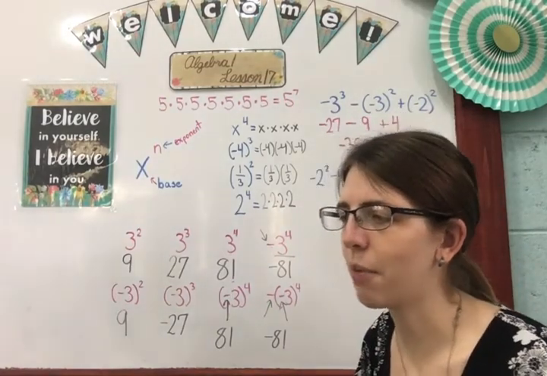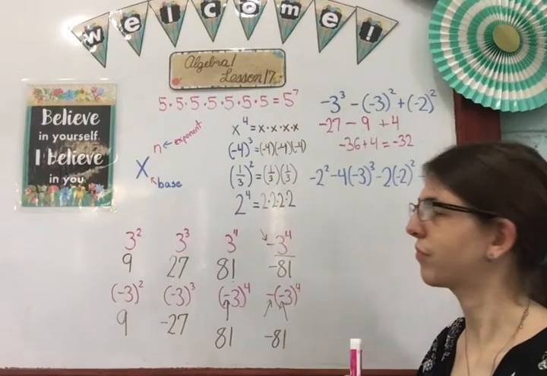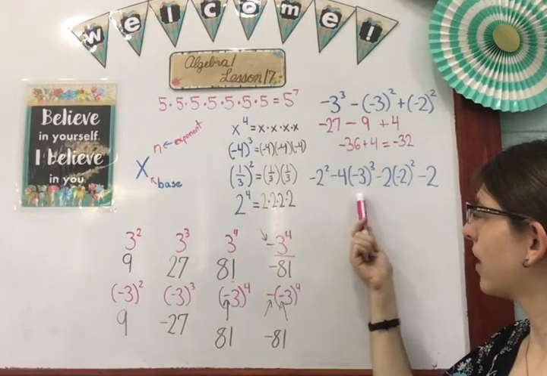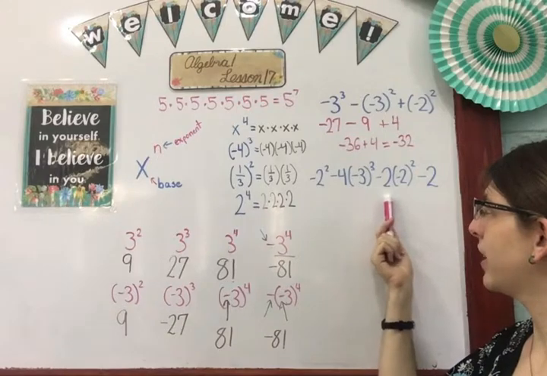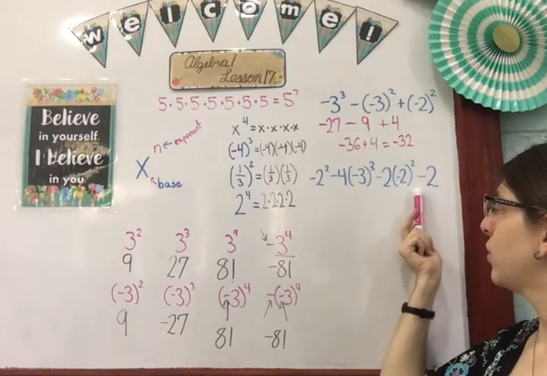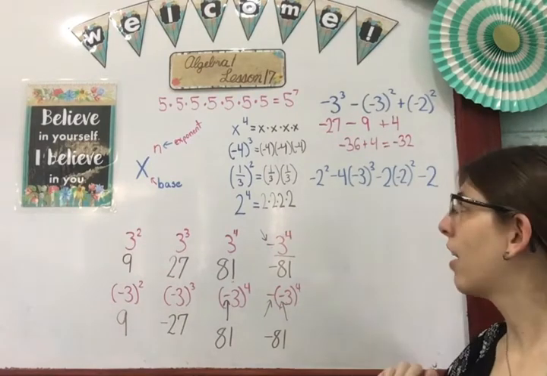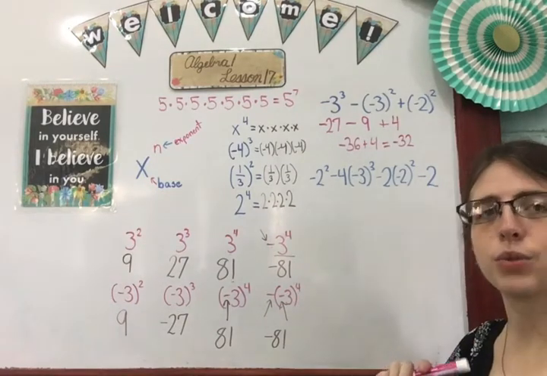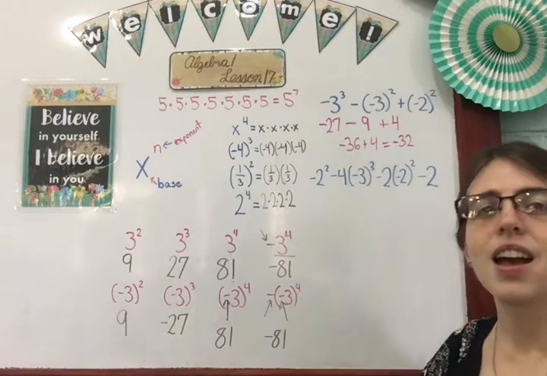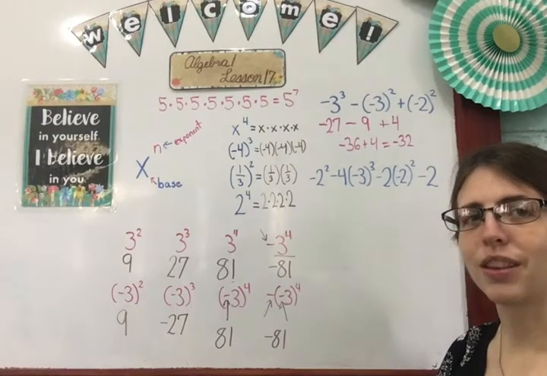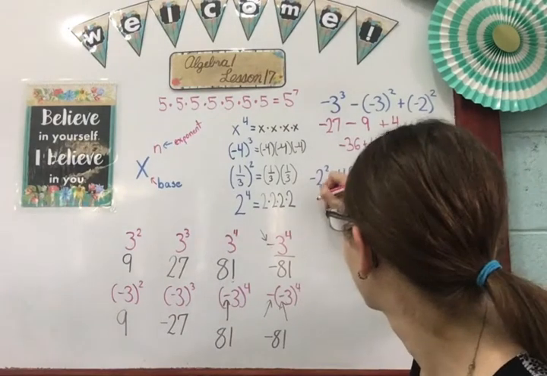Okay, let's try another one. -2 squared minus 4 times -3 cubed minus 2 times -2 squared minus 2. So here I really have the opposite of 2 squared. What's the opposite of 2 squared? -4, because 2 squared would be +4. So this is -4